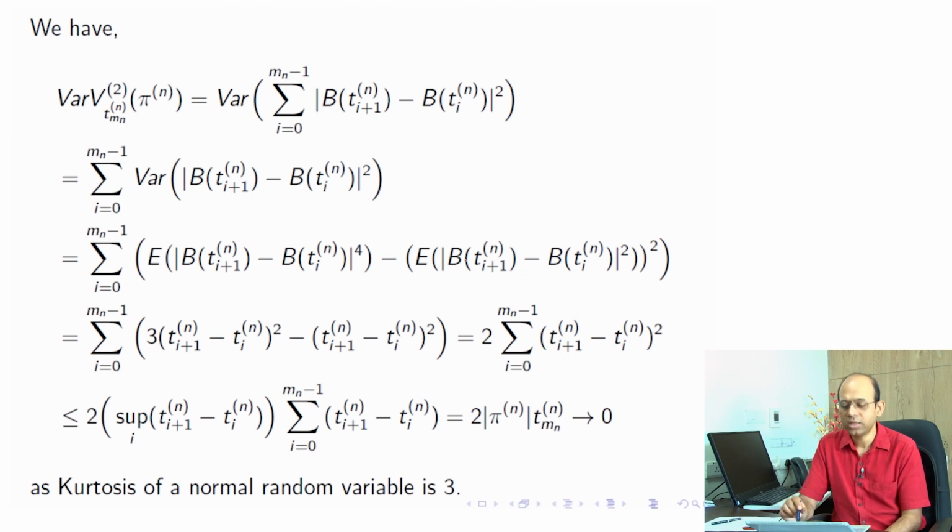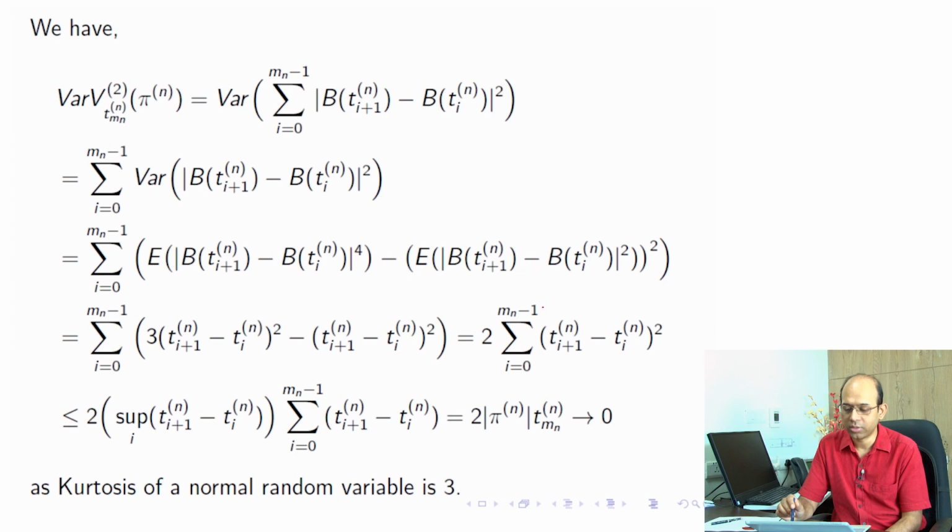Now we look at the remaining terms. Here I have the square outside, but inside I have the expectation of this whole square, and again this is nothing but the variance of the increment of the Brownian motion, that is T_{i+1} minus T_i, inside, but the square is outside, so this square also comes here. So I have 3 times the square of the difference in time minus the square of the difference of the time. So I have 3 minus only 1, that is 2 times the square of the difference in time,